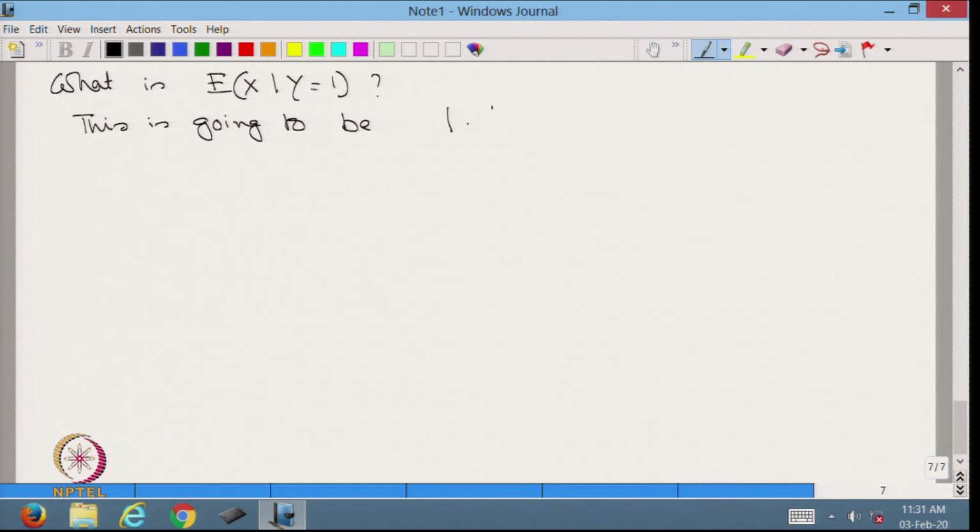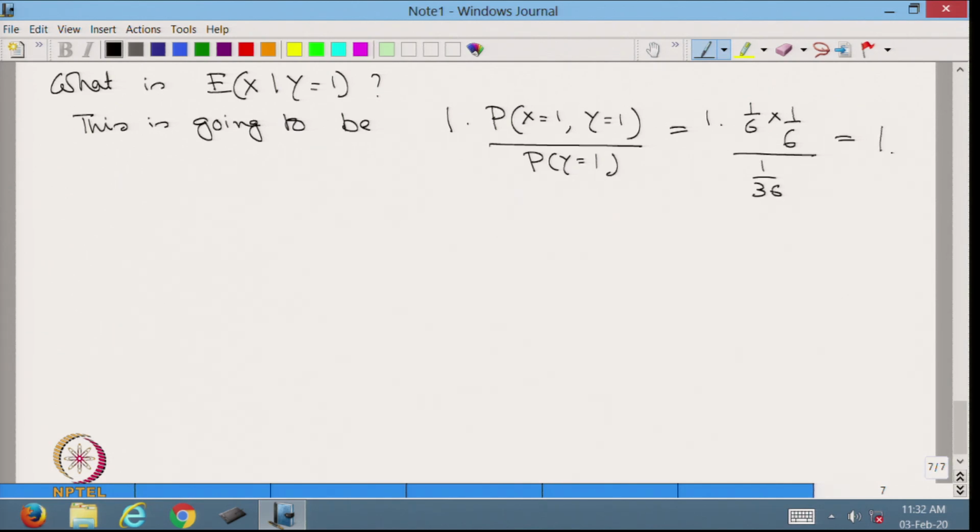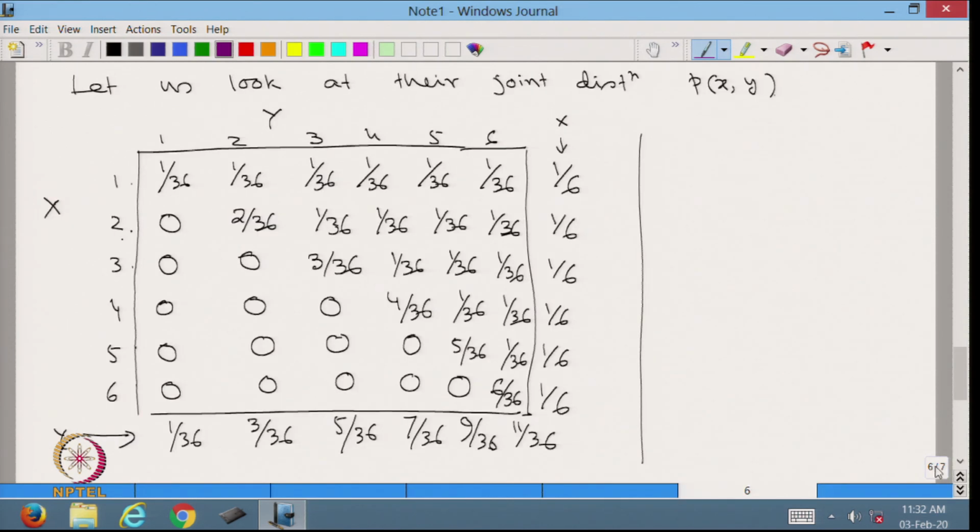one into probability x is equal to 1, y is equal to 1 divided by probability y is equal to 1, is equal to 1 times 1 by 6 into 1 by 6 upon 1 by 36, is equal to 1. Expected value of x given y is equal to 2 is equal to, so we are looking at